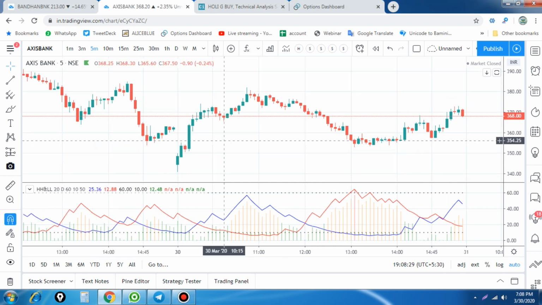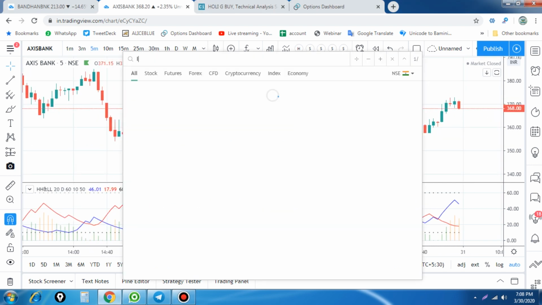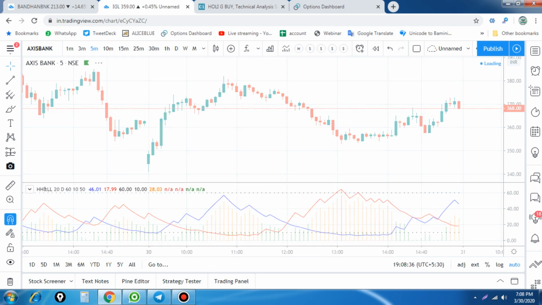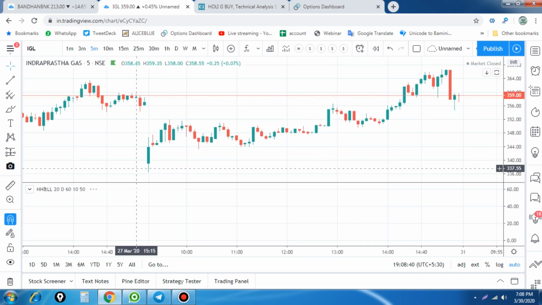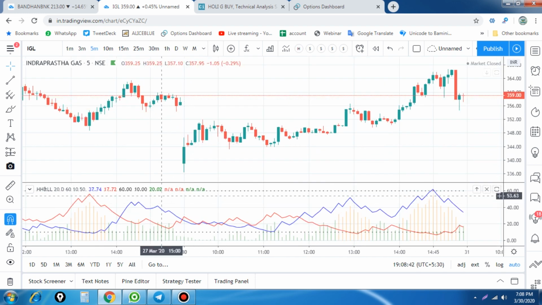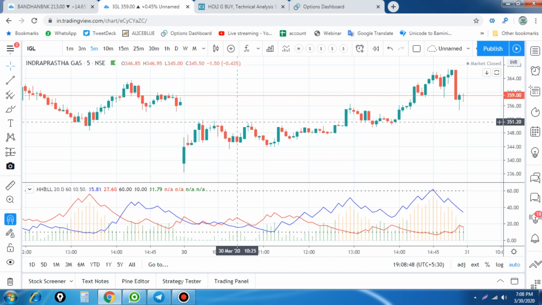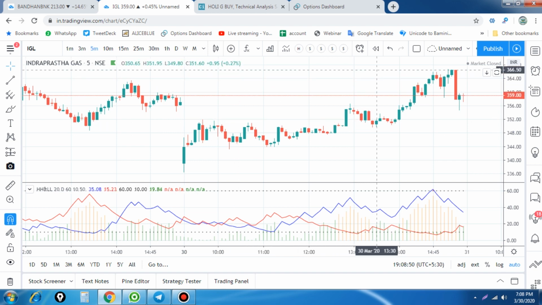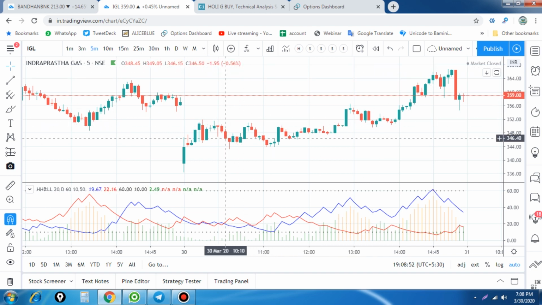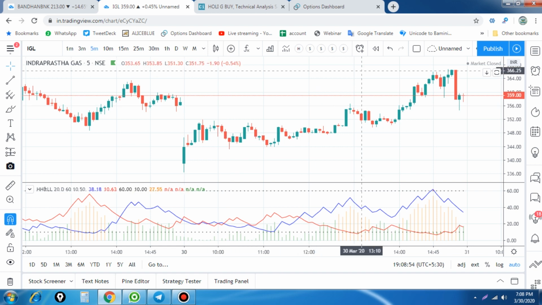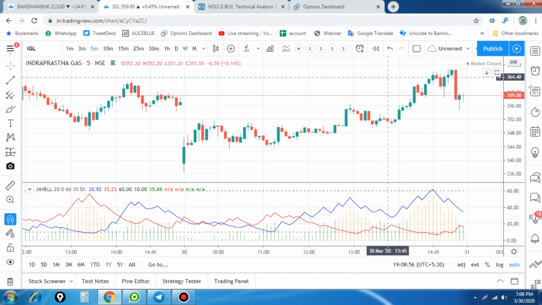So this is the stock which we have done, and another stock which we have done again is Indraprastha Gas, IGL. And what happened with IGL? We bought it in the morning. Here you see that it is very flat in the morning, but if we entered earlier and exited earlier too, it finally went up. We entered around 349, 359, and it went up to 366, almost 16 points with a 2500 quantity.